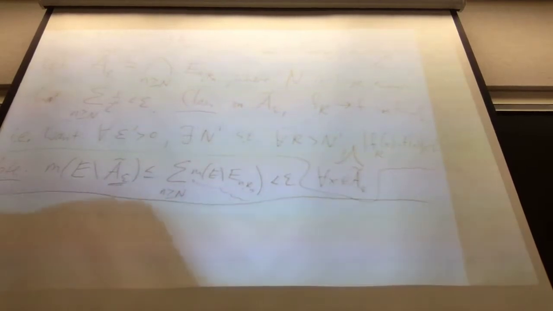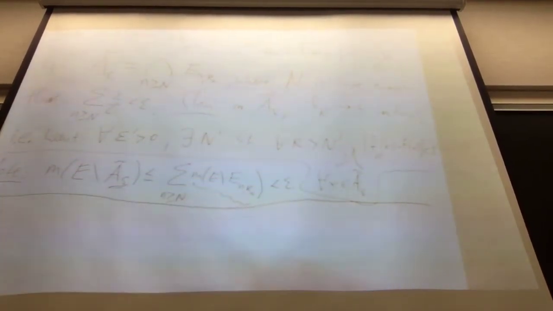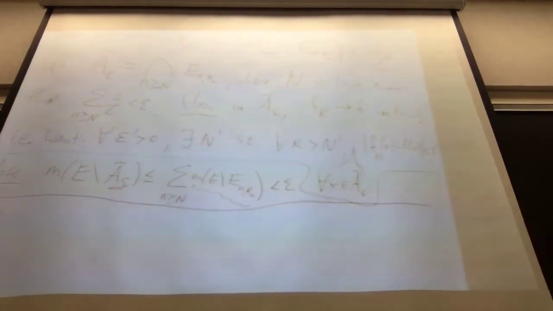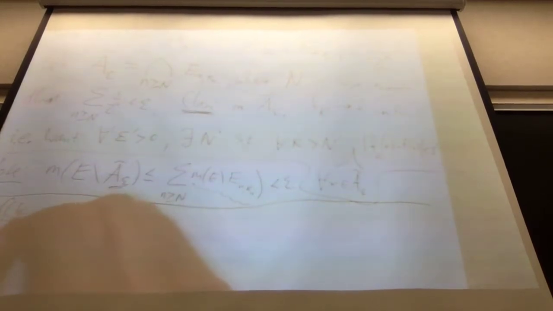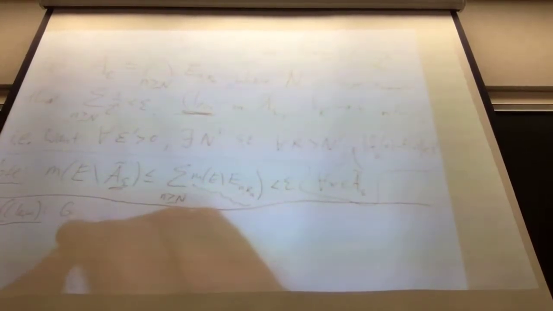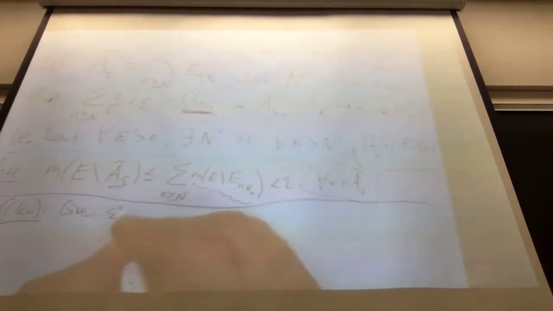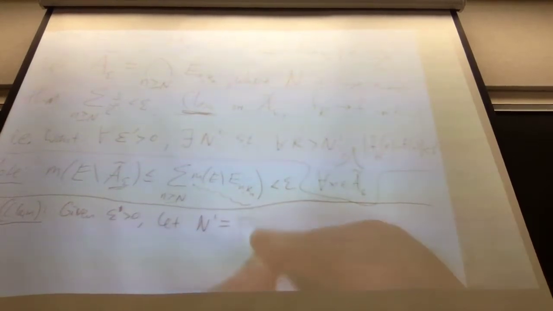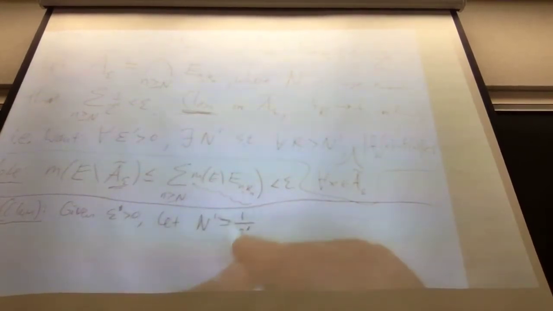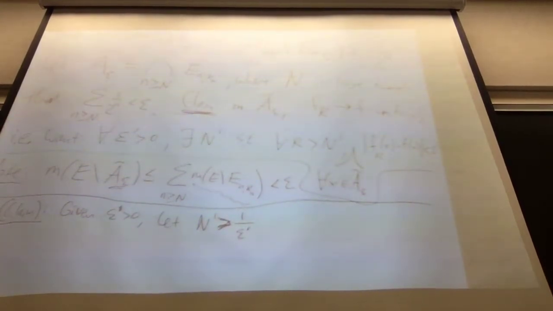Does that make sense? So proof, I'm proving this claim. Where's my claim? This claim. Proof of the claim. Given this epsilon prime, let N prime be 1 over epsilon prime, or be bigger than 1 over epsilon prime. Okay? Then, for all k bigger than N prime,